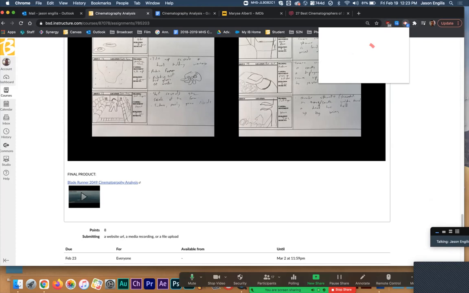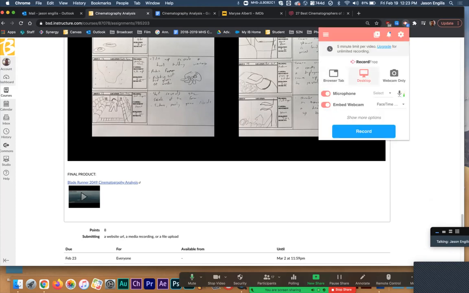Screencastify allows you to, and you do not need to turn the camera on, you could do just the desktop, that's fine. You want to make sure that everything's set up to work, and you'll notice there's a 5-minute limit per video. I'll say, pay attention to that, because I've seen some film analysis and some videos get cut off. If you do get cut off, but you still demonstrate good knowledge of the scenes that you talk about, I will not hurt your grade if I see what I need to see and hear what I need to hear. But definitely try not to spend too much time on it is my main point.